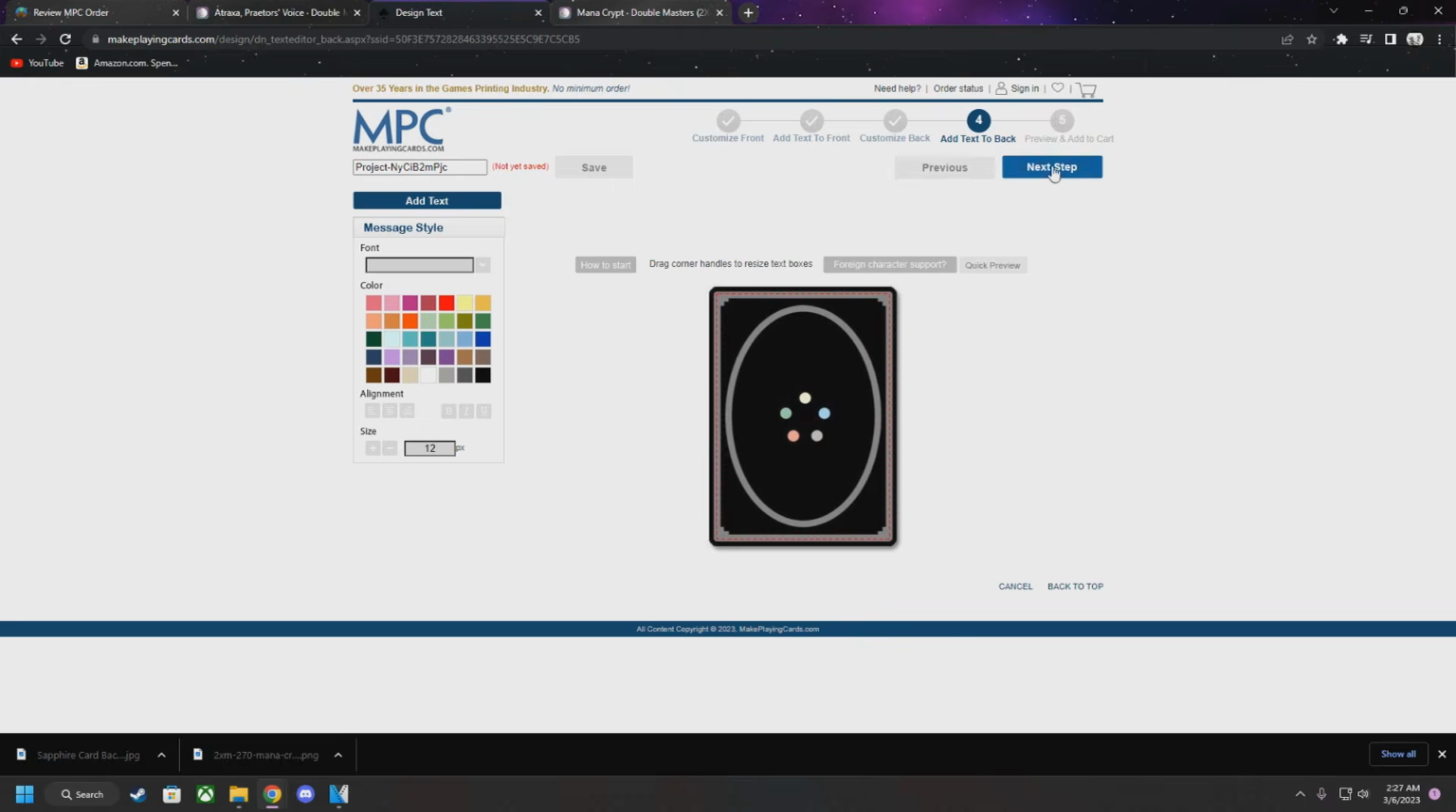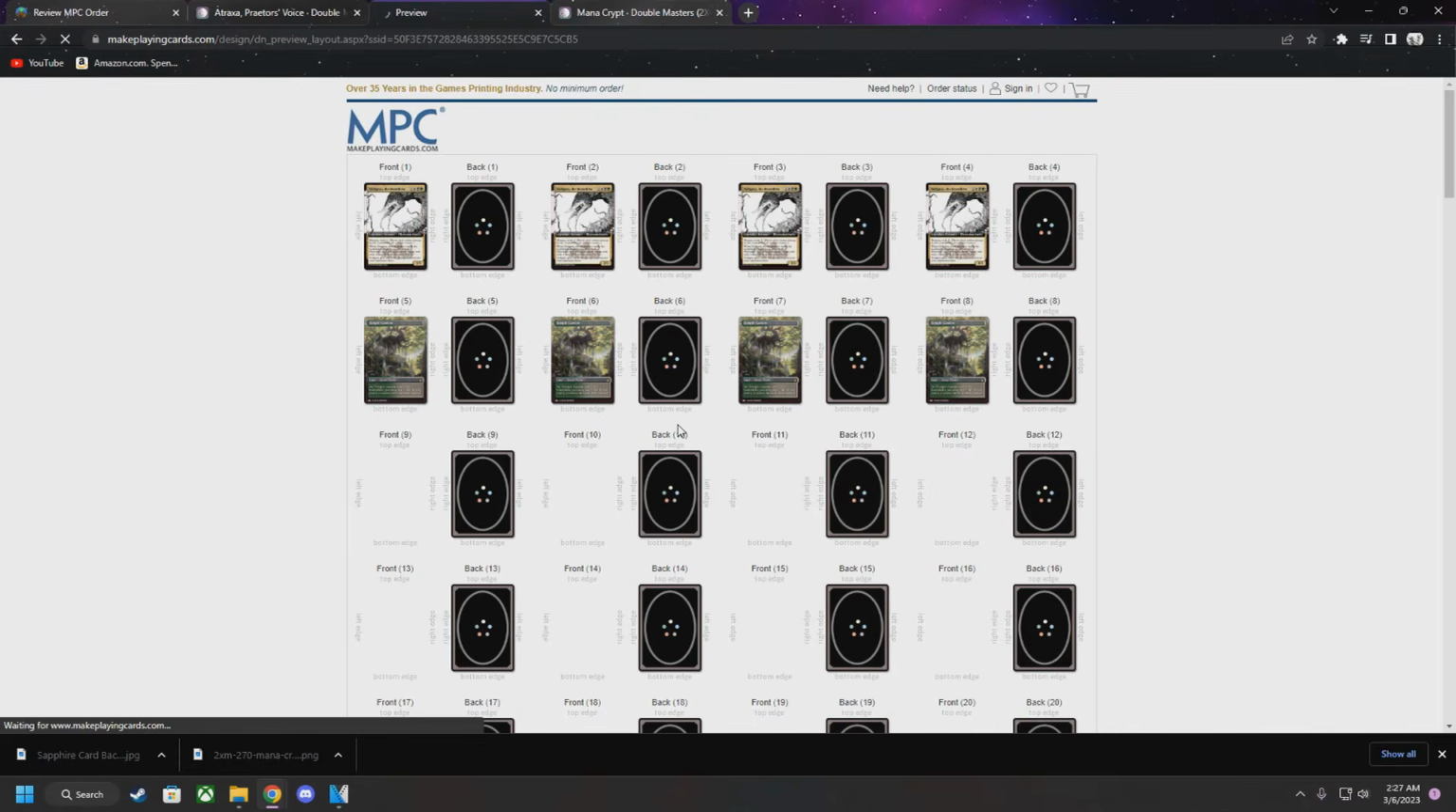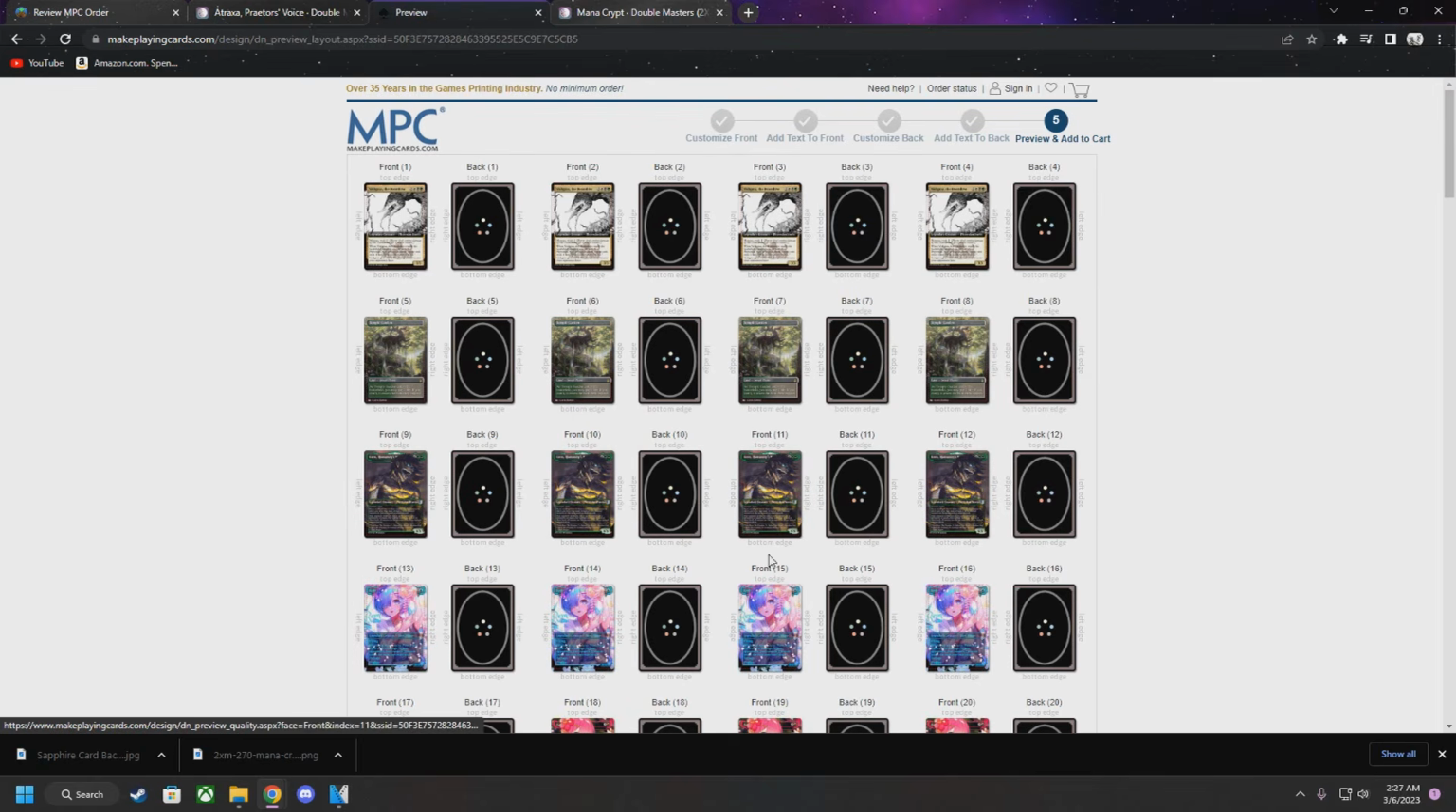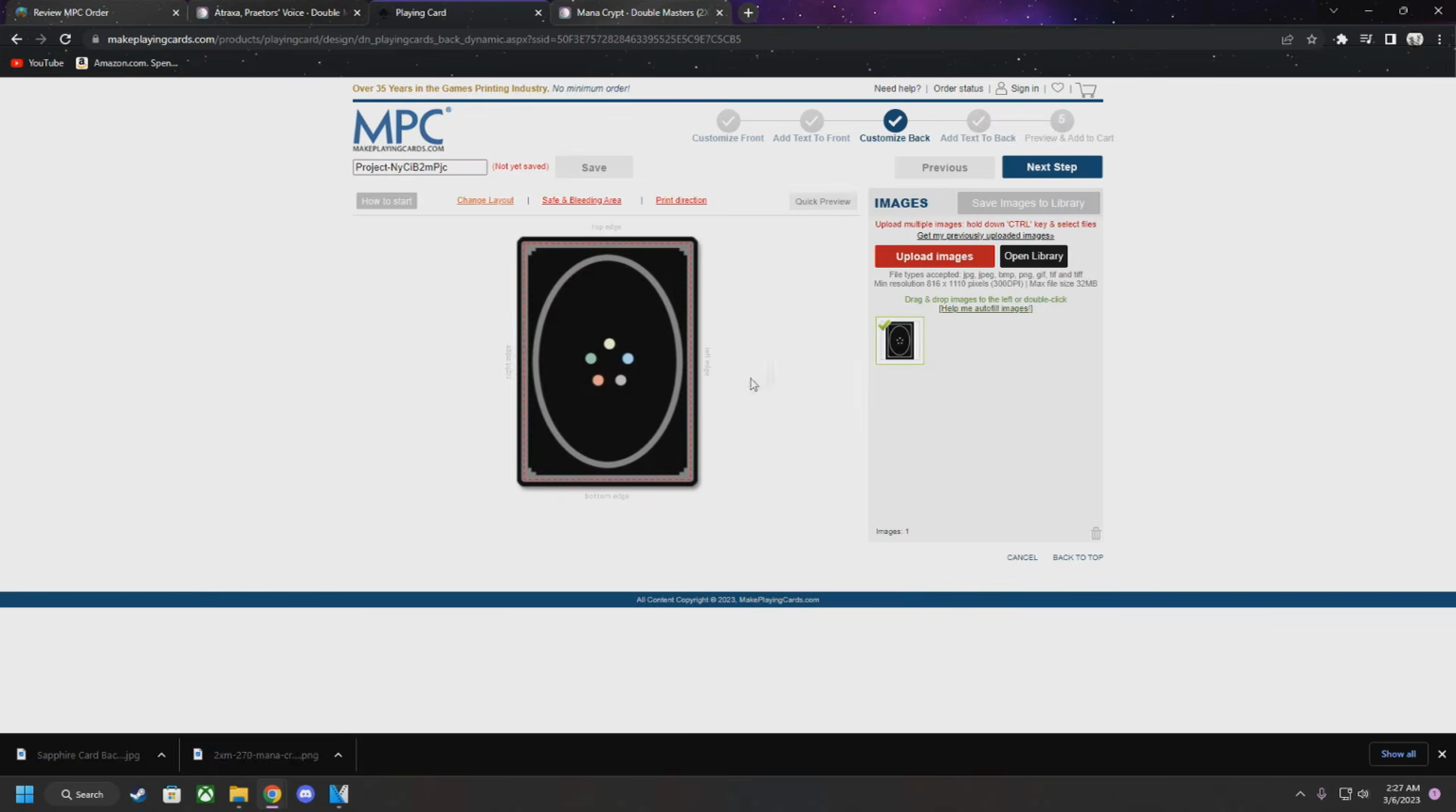And we don't need to add any text, so we hit next step. Then we're gonna get a preview of what everything looks like. Since it's all the same card back, it's all just gonna look like that. But just for the people that will be doing maybe bigger cubes and might need multiple cards, we can actually